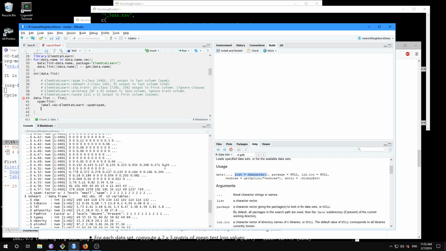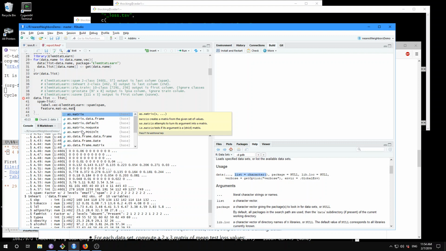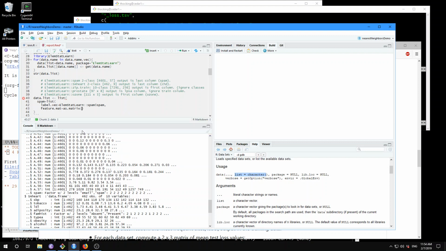Then I'm going to say feature_mat equals, let's say, as.matrix of lm_stat_learn spam. That's going to create a matrix based on those data, but what we want is everything except for that last column. So that's going to be minus ncol, which says to select everything except for the last